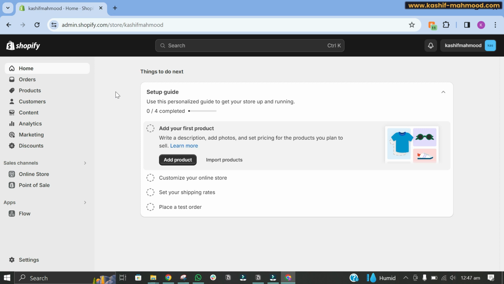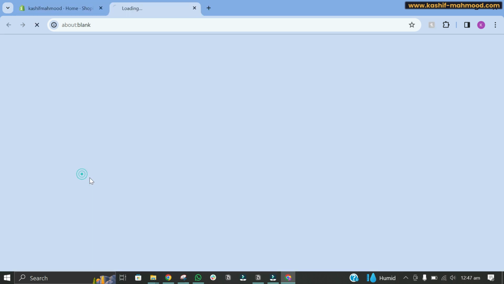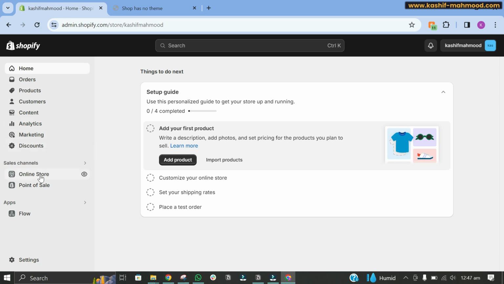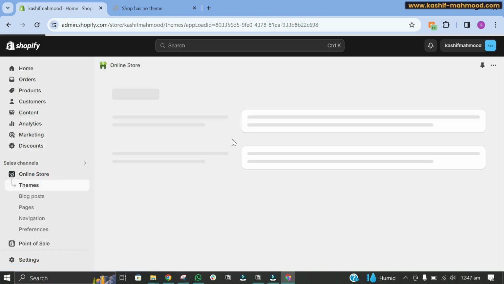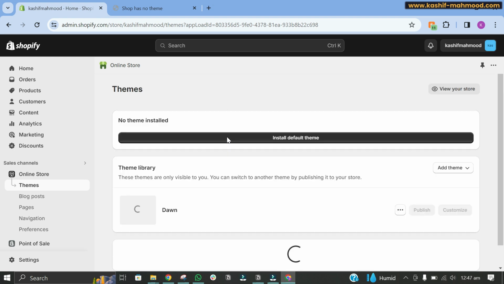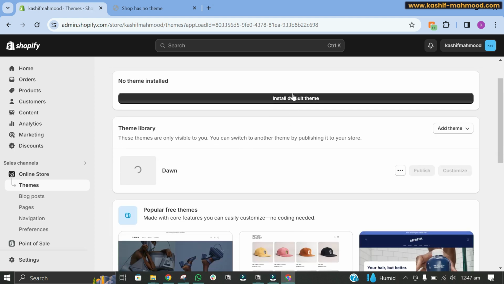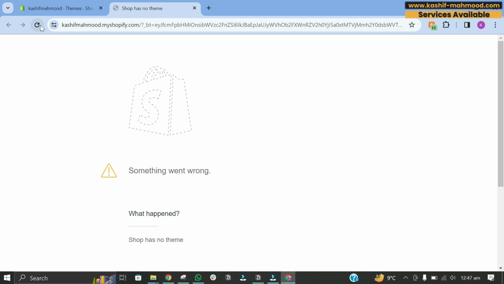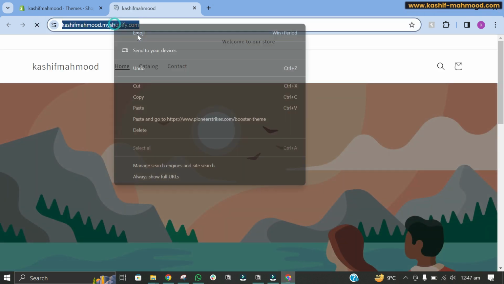And here you can see our store is ready. We can click on view our online store, and here you can see it is currently saying the shop has no theme. So we will just refresh, and it is installing our theme. Once it is installed, we will see our development store, and here you can see it has installed the theme. And now if we refresh, here you can see the store,